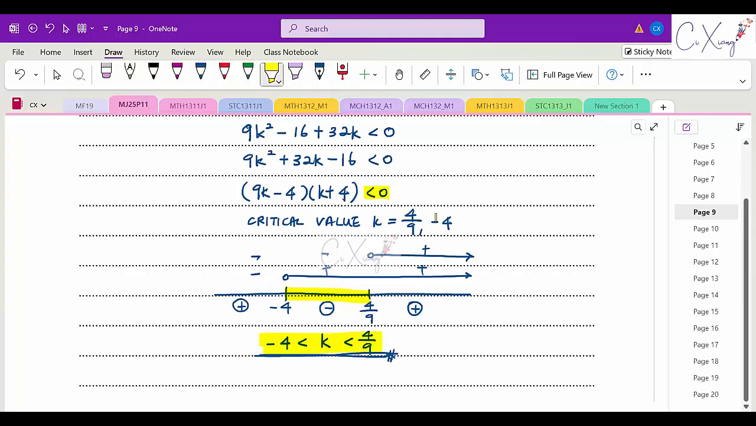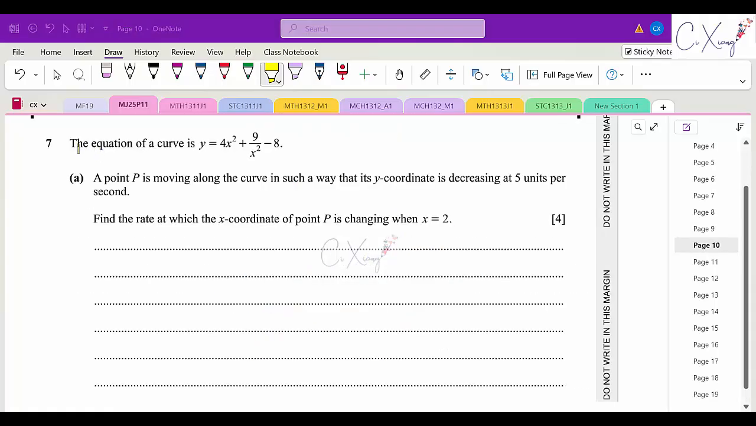Yeah, so this is how we solve question number 6. Question number 7, we are given an equation again of a curve, then this is what we have. A point P is moving along the curve in such a way that its y coordinate is decreasing at 5 units per second. Okay, so from this sentence,